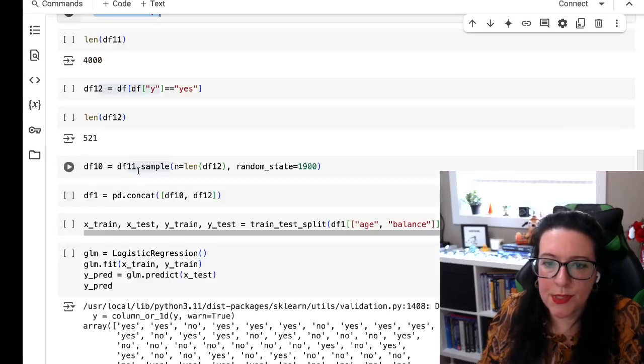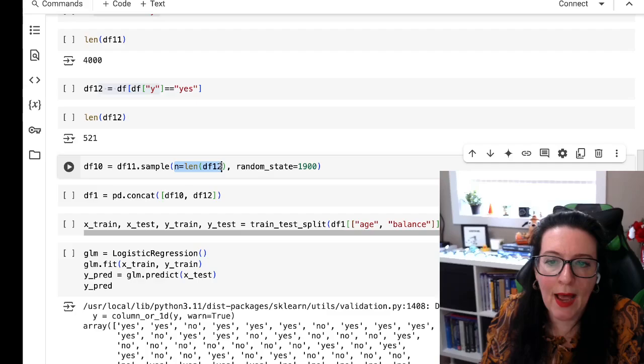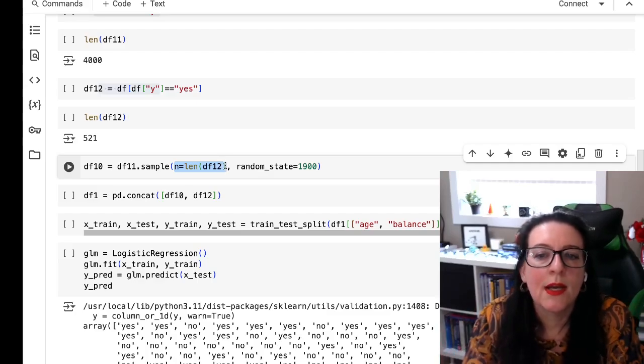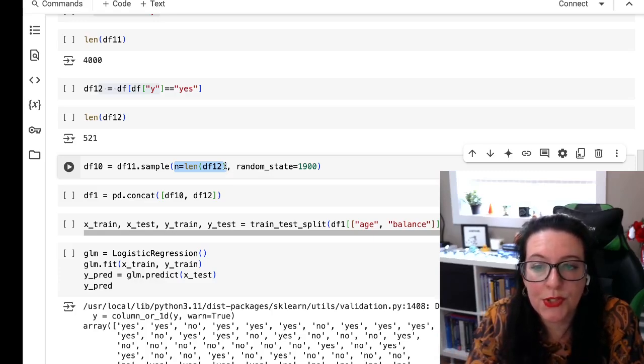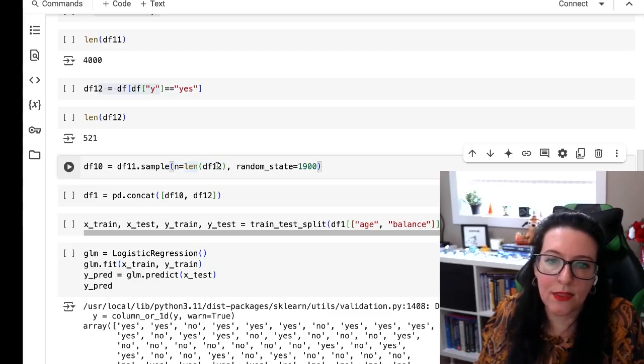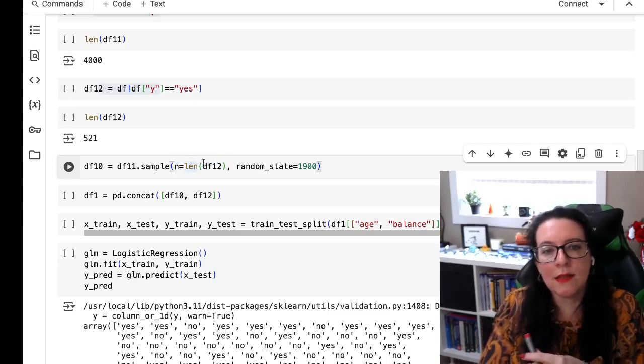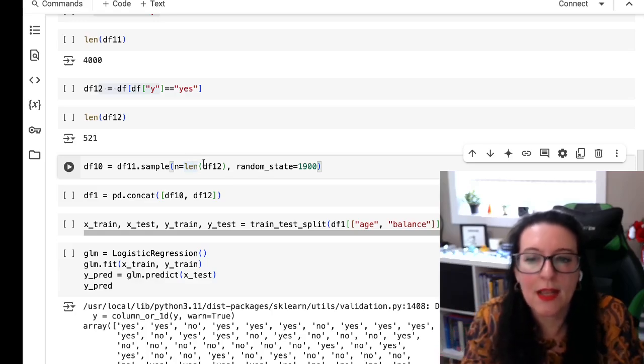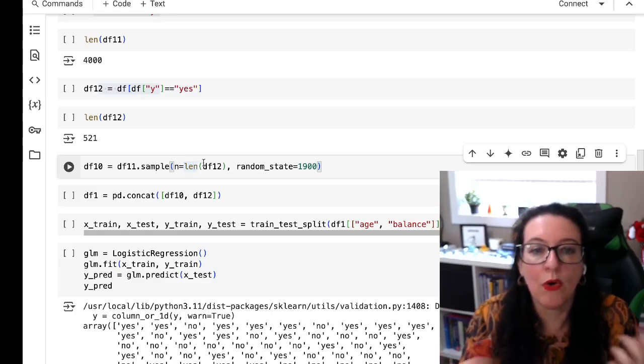Well, what we do is we take a sample and you say how many. It's going to randomly pull from that table. And the question is, how many do you want to pull? So if I have it this way, the length of the other table, we're going to end up with 50-50. Okay. Now, that may not be representative of what real life is like, so that might be overkill, and it